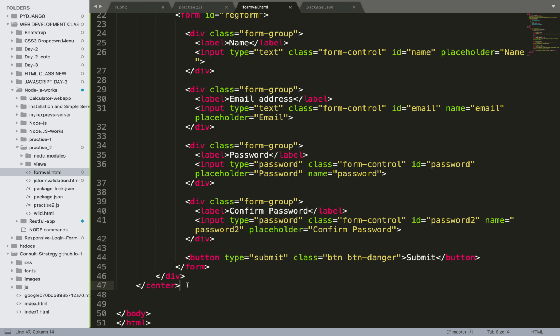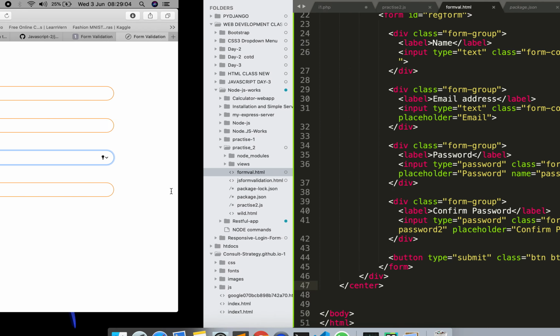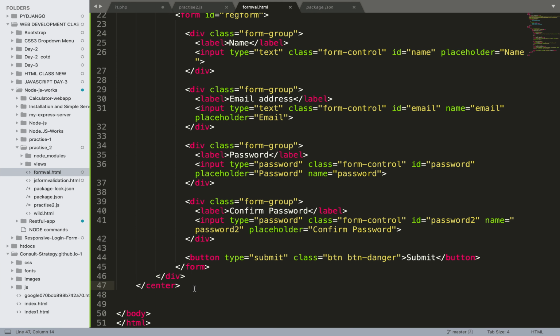Like if I click, what will happen? Or for example, if I enter a wrong name, whether it is correct or wrong. Okay, you got the type text, type equal to email, that part is correct. But what if I have entered a password here and another different password over here? That validation part is maintained by JavaScript. So we'll be doing that part.